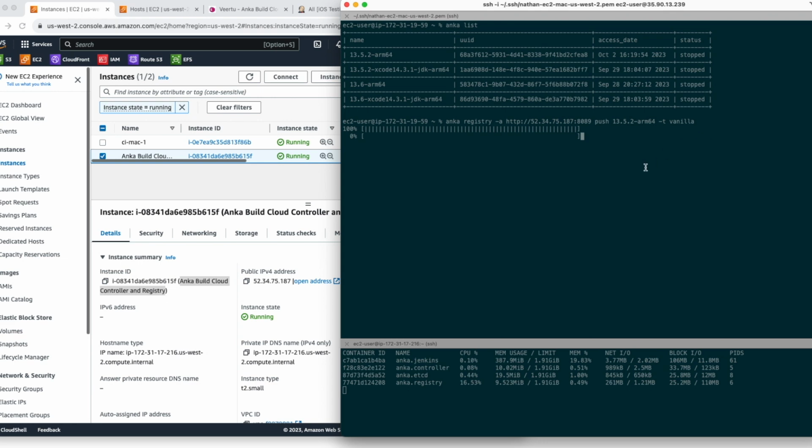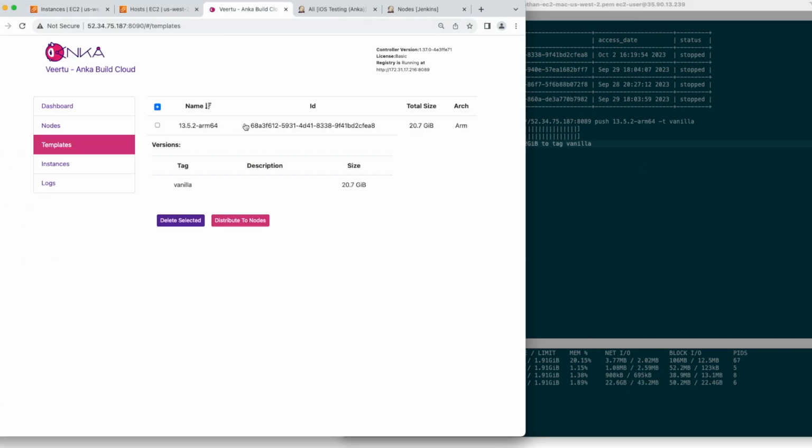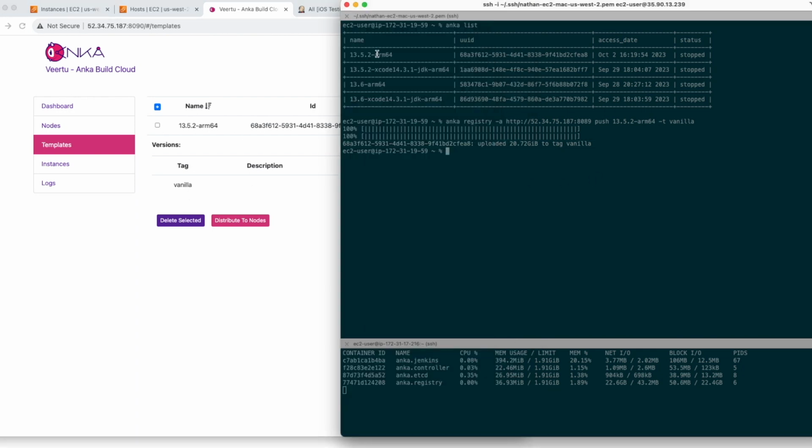Let's go ahead and now push the VM as a template to the registry. Here you can see that it was pushed, and we can now see it under the templates page in the controller. If we run Anka list one more time, we can see that the VM now has a tag. And if we're changing the VM, we can always revert back to the state that the VM was in when